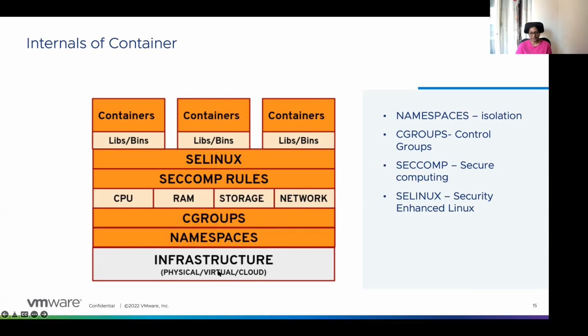And then on top of it, you see something called namespaces. We'll see what namespaces are. And then the next is C groups. C groups are usually, by default, when I say C groups, I say container groups, but they're control groups. And next you have some building blocks: CPU, RAM, storage, network,